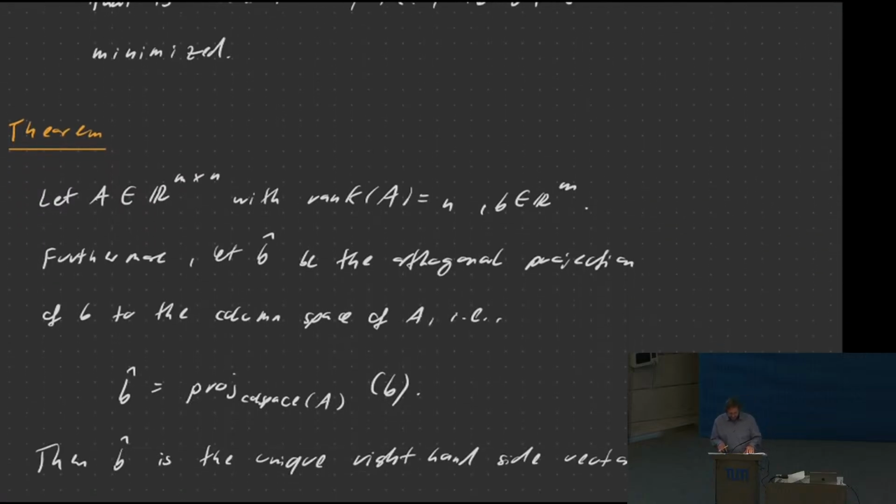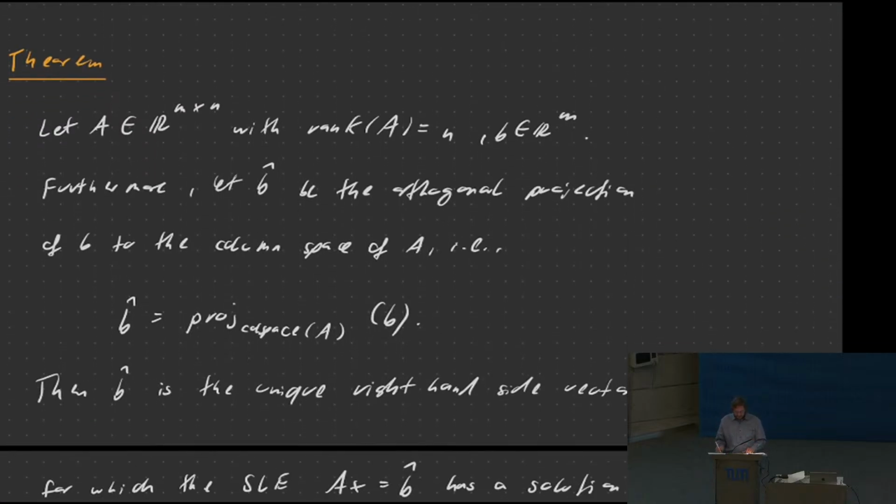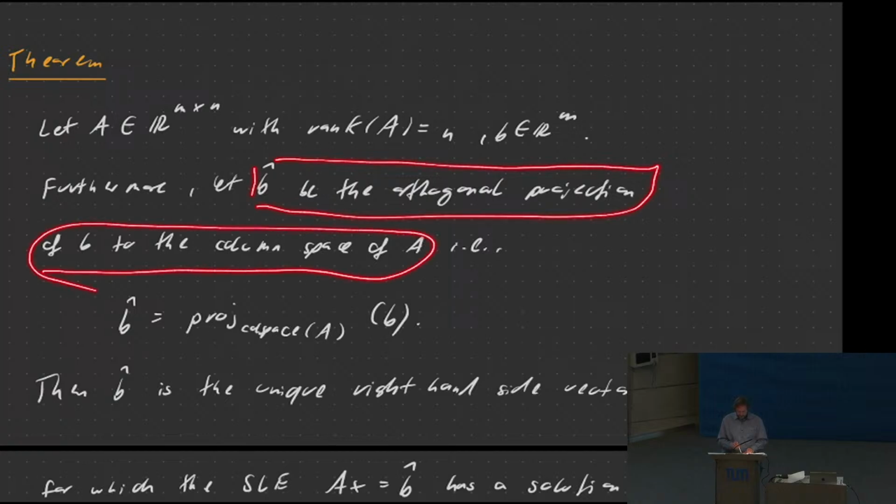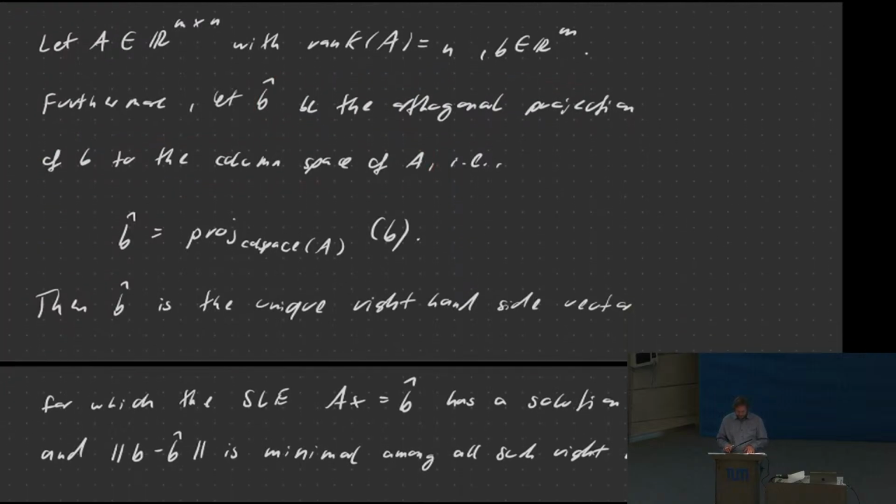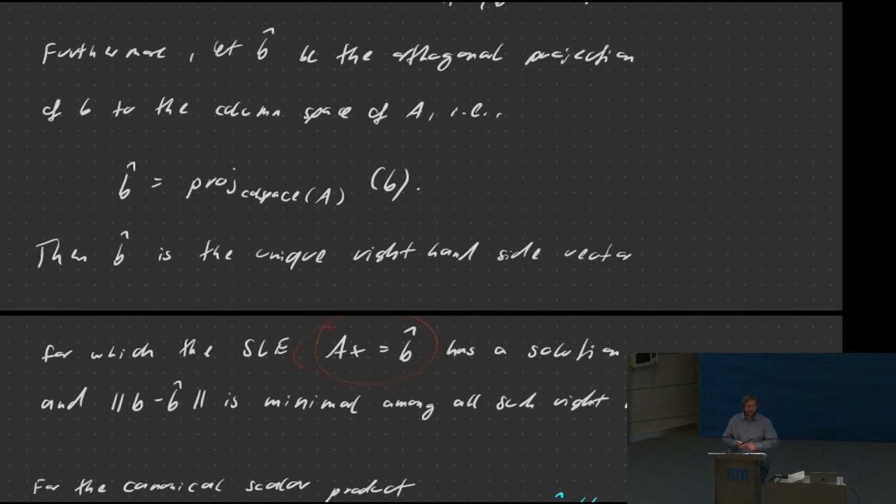So the idea is, if we have a system like that, we just compute the orthogonal projection of b onto the column space of A. Then we can solve that system, and then we can determine our parameters. And that will give us a solution that is as close as possible to all the points. Yeah? So in this case,